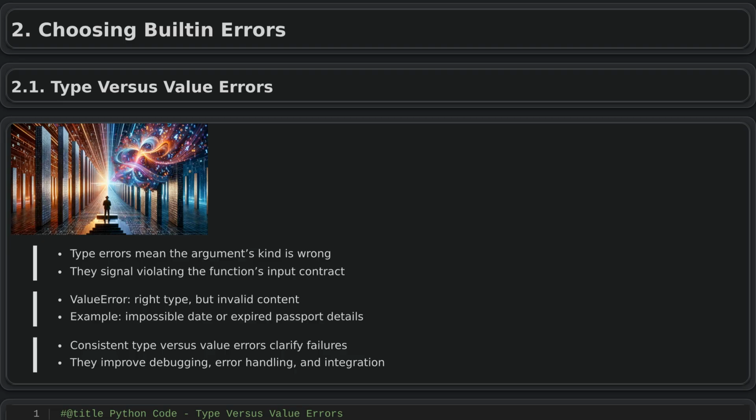Choosing built-in errors. Type versus value errors. When designing error reporting in your program, clearly distinguish type errors from value errors. A type error happens when an object is conceptually wrong for the operation, such as passing a number to something that expects text. This means the object violates the expected type, much like presenting a loyalty card instead of a photo ID. Use type errors specifically to signal that the wrong kind of object was provided, so it is clear